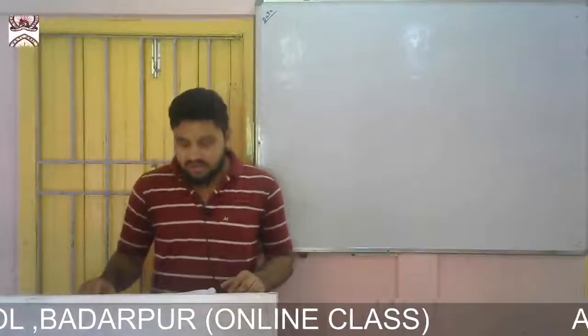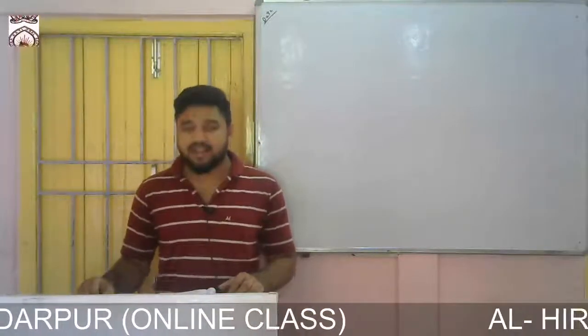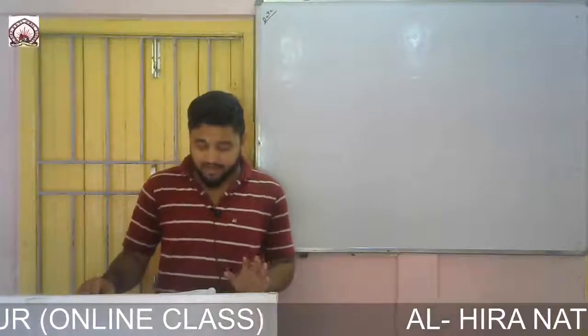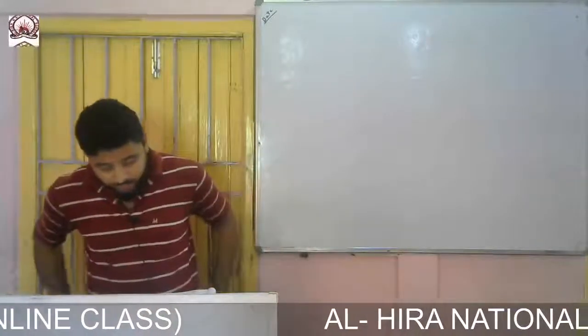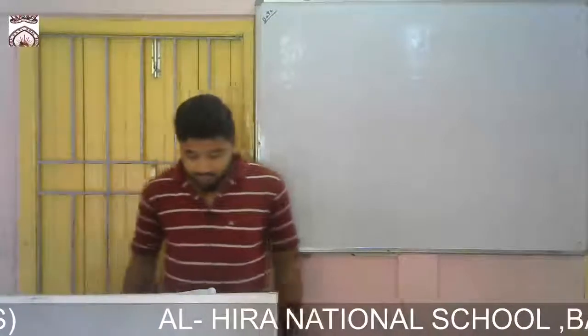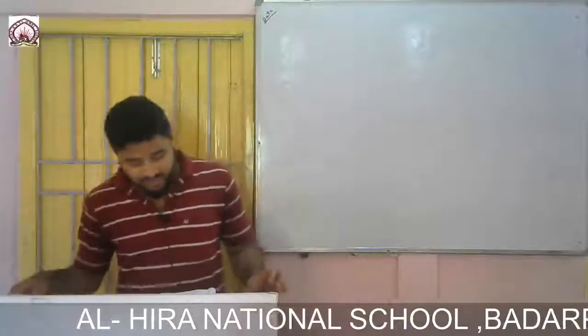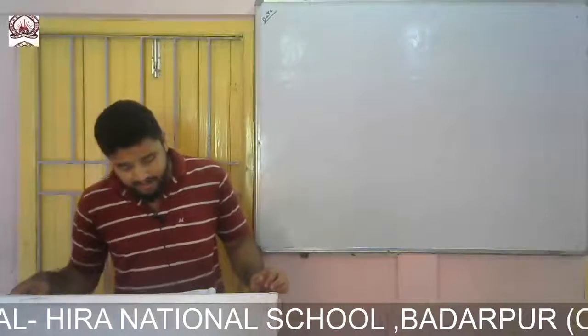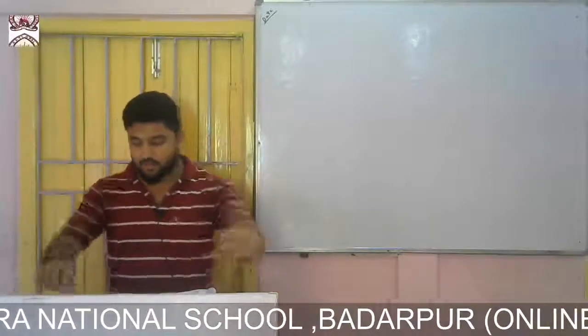So in the last class I have done up to exercise 7D of chapter number 7, up to question number 4. So now I shall start from question number 5. 1 by 12, 1 by 6, 1 by 3, 2 by 3 plus 1 by 12 plus 5 by 6. So